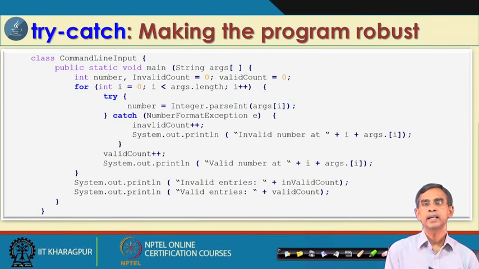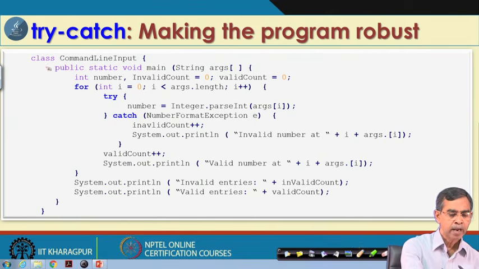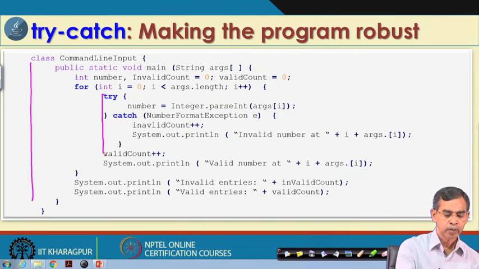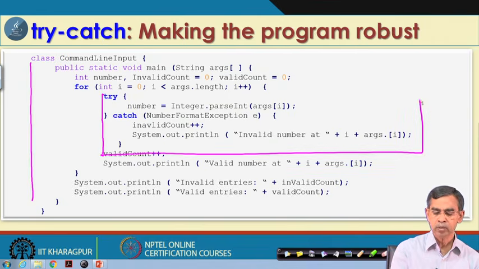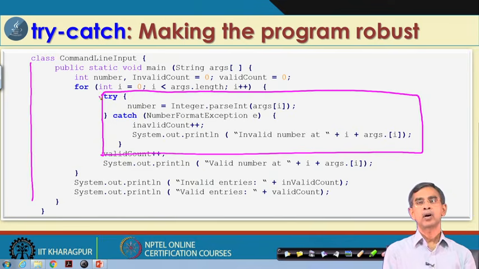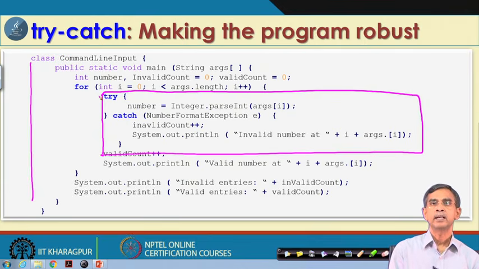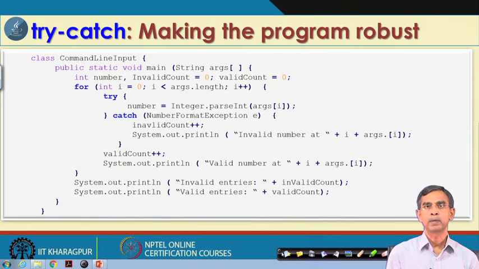And here is the next one. The earlier program was not robust because we checked that it does not work for all inputs, and this is an attempt to make the program robust using a try catch block. The try catch block takes full guard of the errors that may occur, and if we run this program with all the inputs we mentioned in the last execution, you will see it runs. It will not give any abnormal termination of the program, and then we can say the program is robust.